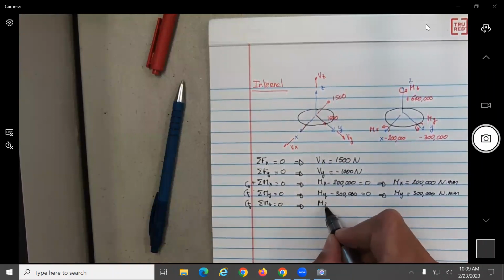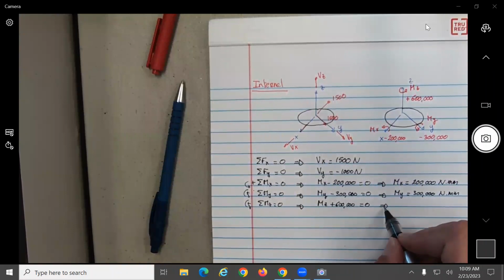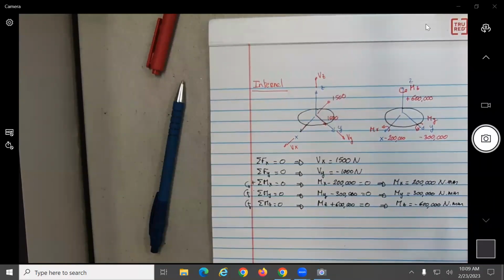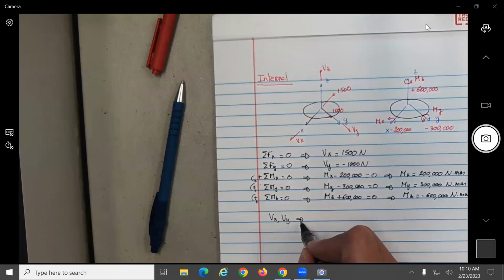Will give you what? Mz plus 600,000 equal to 0, which will then mean Mz equal to negative. Where here V is what? Vx, Dy will be the,